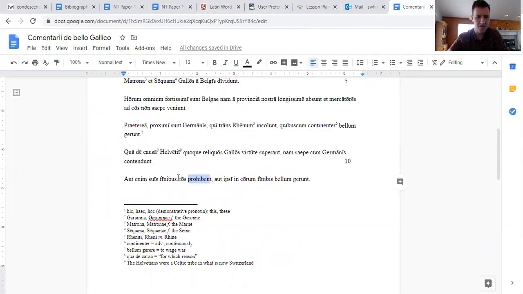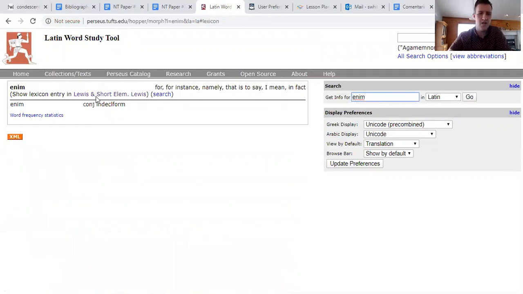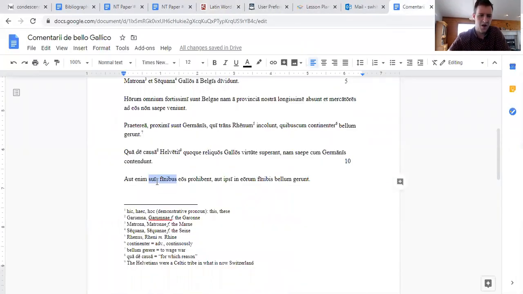So they ward off eos, them, in the accusative, suis finibus, from their own borders, in the ablative. So that's the first half of this, either or. So either they ward, and enim, again, either, indeed, I can never remember enim very well. For instance, namely, that is to say, in fact, truly, means everything. For either they ward them off from their own borders, or